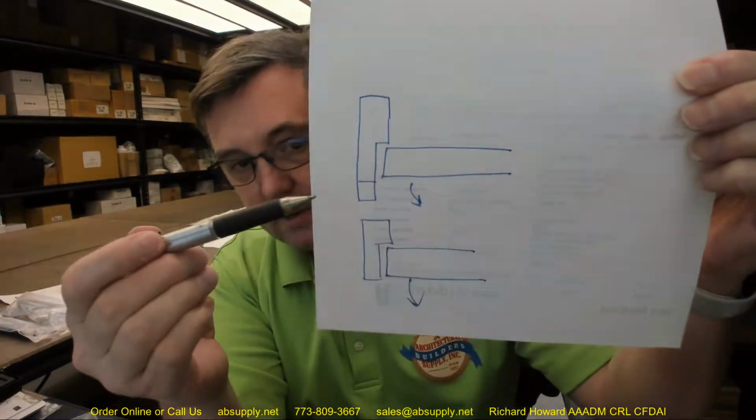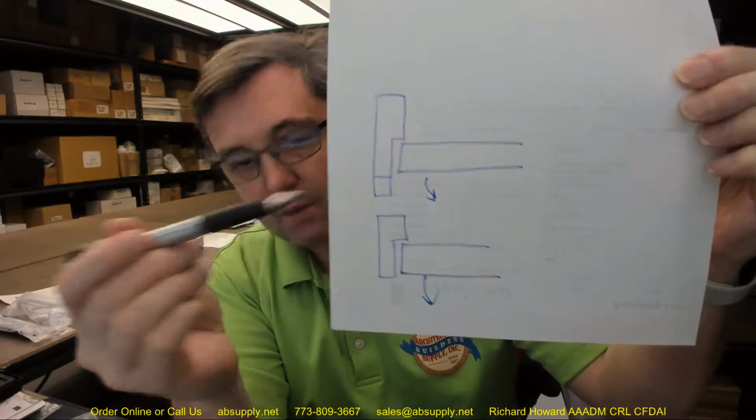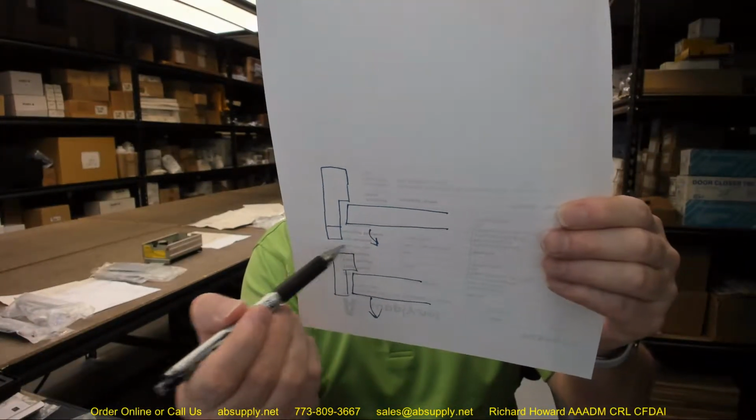Well, if you have, let's go with the wall condition scenario, where you have something additional applied, okay? That could be representative of brick mold. It could be representative of the fact that when the frame was put on, the wall attached to it was brought up to the face of the frame, and basically now the frame kind of looks like it's an extension of the work that was done to bring the wall detail back to the face of the frame, which is what's going to necessitate obviously an offset like that. Okay,